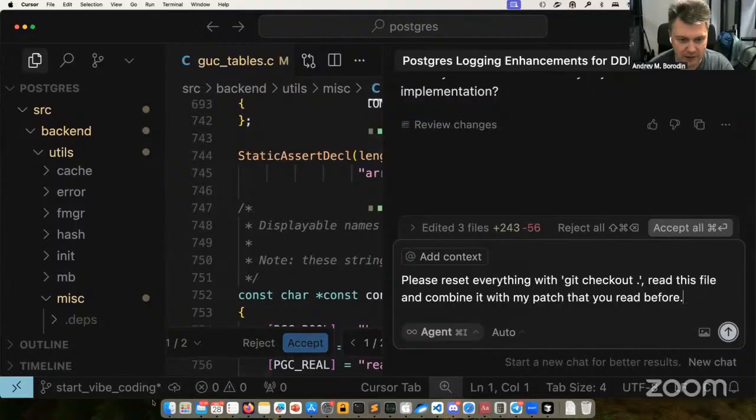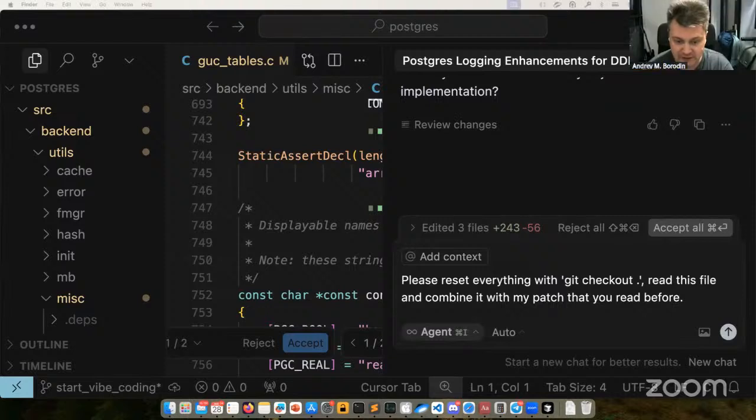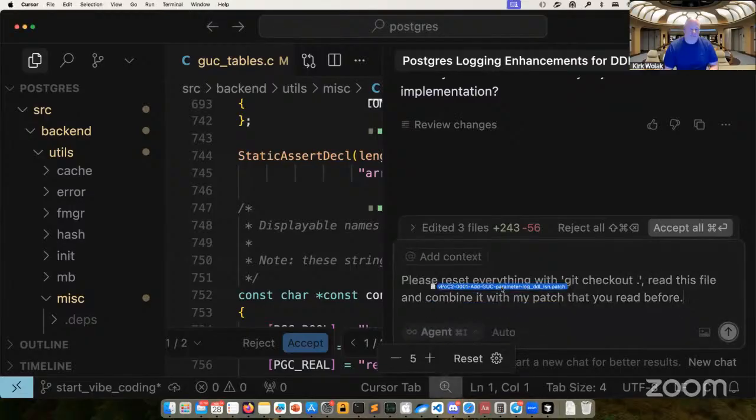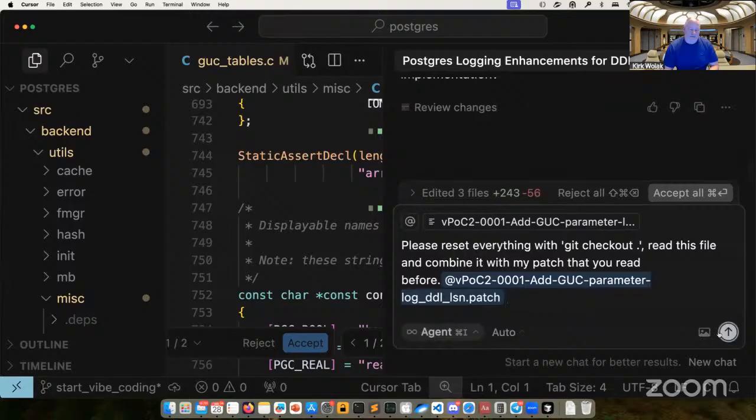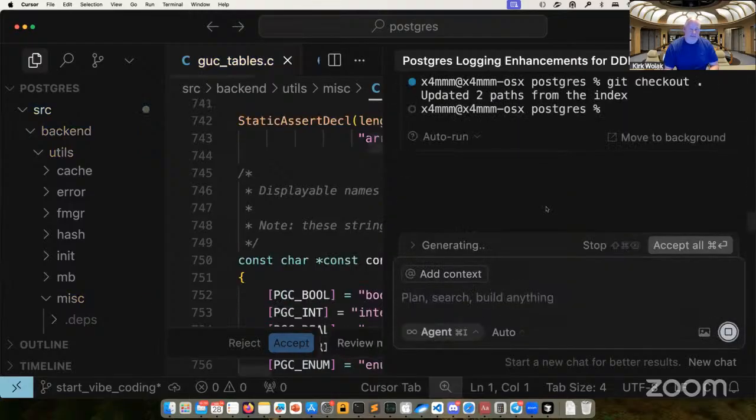So what's the file you want it to read? I want to send it a file of Jim's patch, like this one.